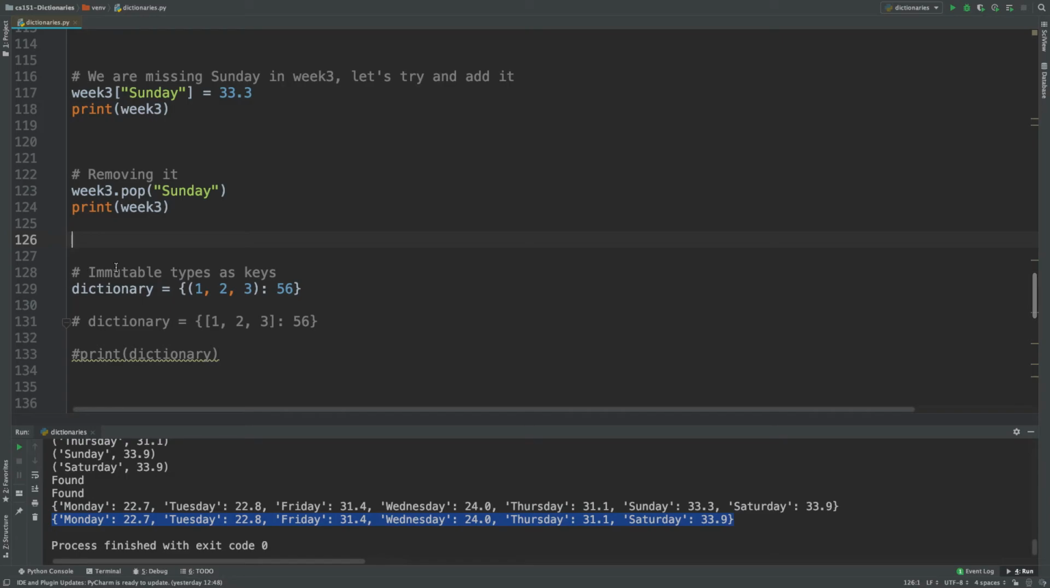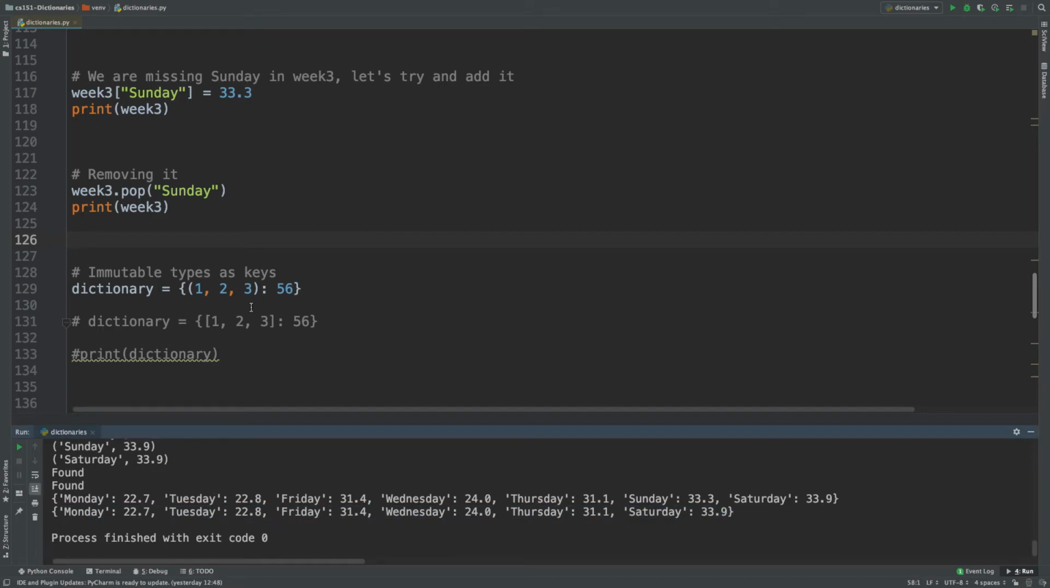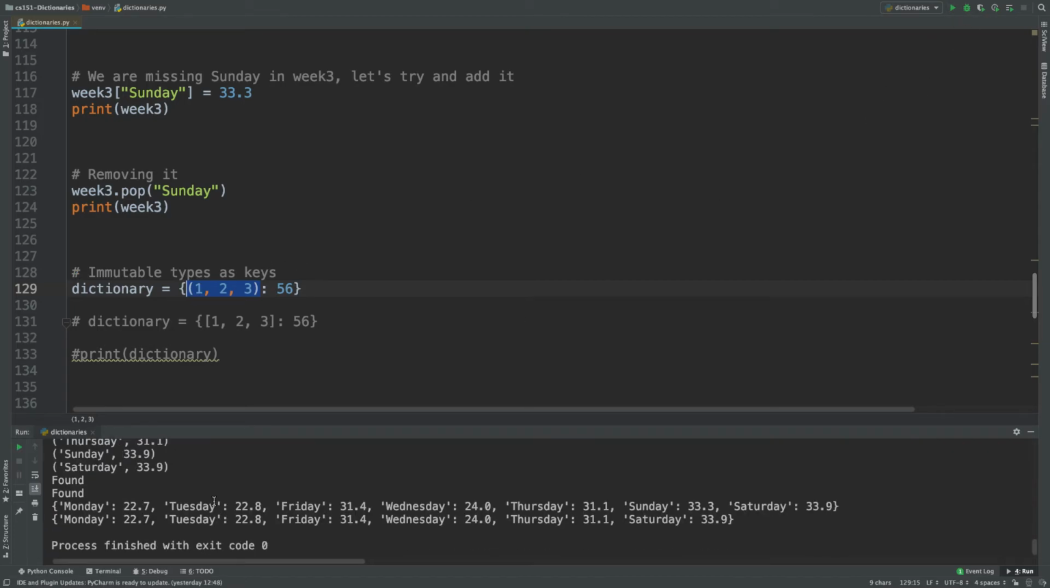So like I said, the keys of a dictionary have to be immutable. So they have to be objects that cannot be changed. So a tuple, for example, can be a valid key to a dictionary. If you run this, the program runs fine. There are no errors. But then if I try to